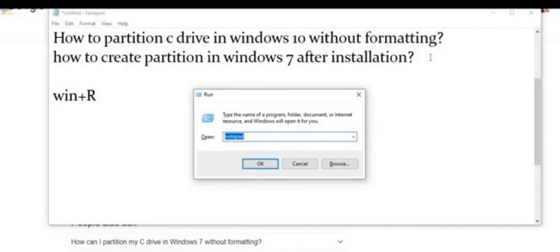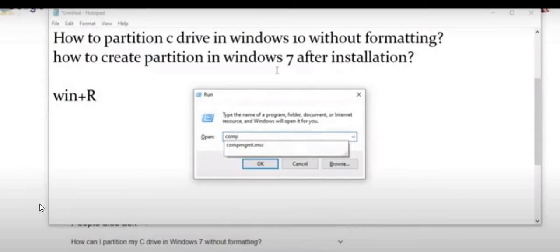It usually appears in the left bottom corner of the computer, but right now I just changed the setting, so it is coming in the center. Here if you type notepad and click OK, then Notepad will open. But right now we are not going to open Notepad. We need to open a different thing, and that is going to be Computer Management. To simplify things, I'm giving you one way to open Computer Management.